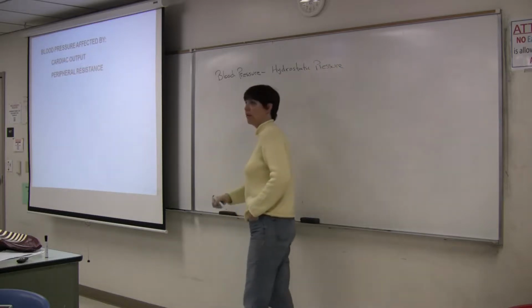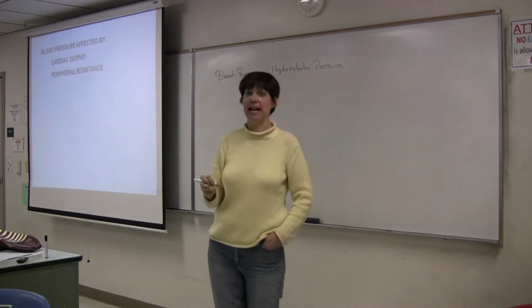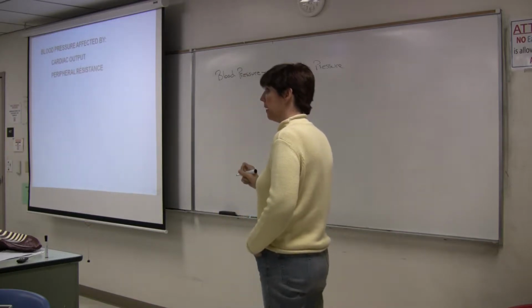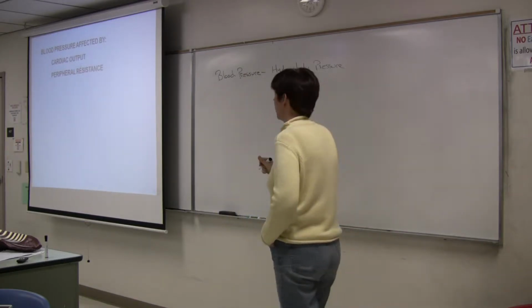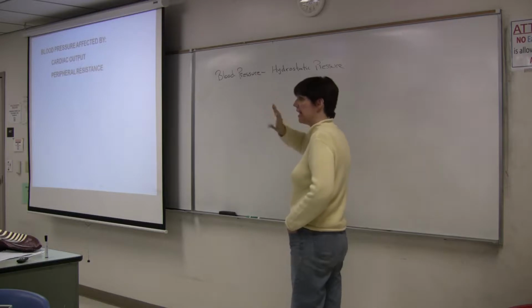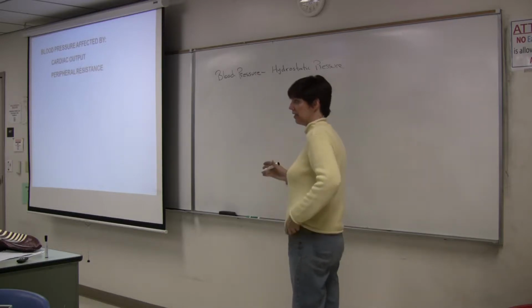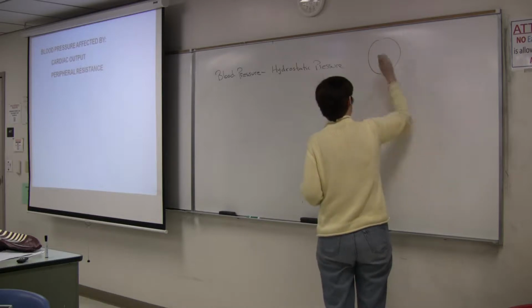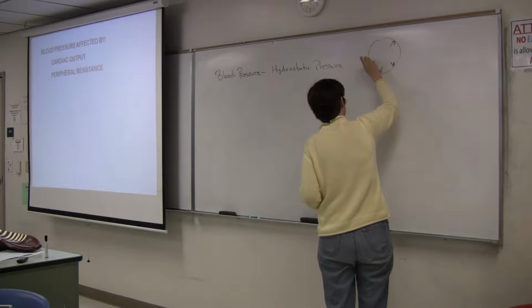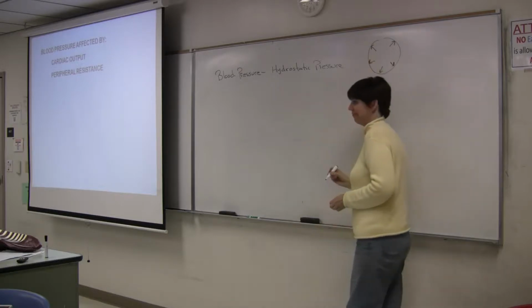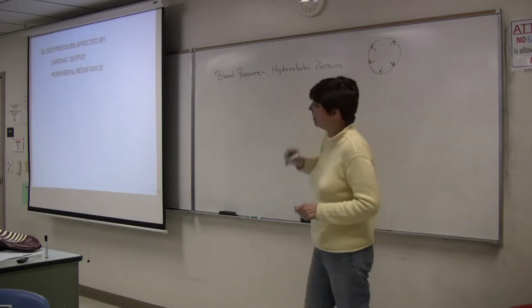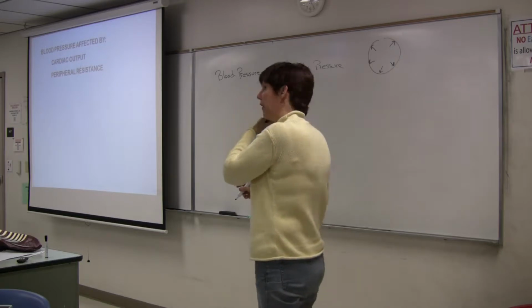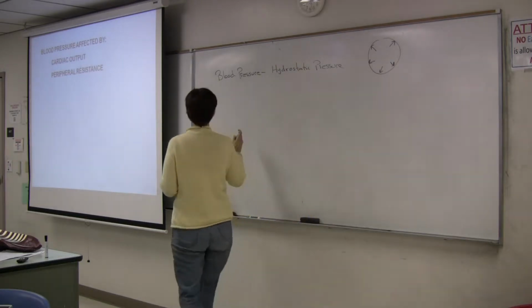And though our atria and our ventricles contain blood, and that creates a force against them, usually when we talk about blood pressure, we're talking about the force exerted against the walls of a particular blood vessel. So if we draw that in cross-section, we're talking about the force that's going to be stretching those walls out. And the two factors that primarily affect blood pressure are cardiac output